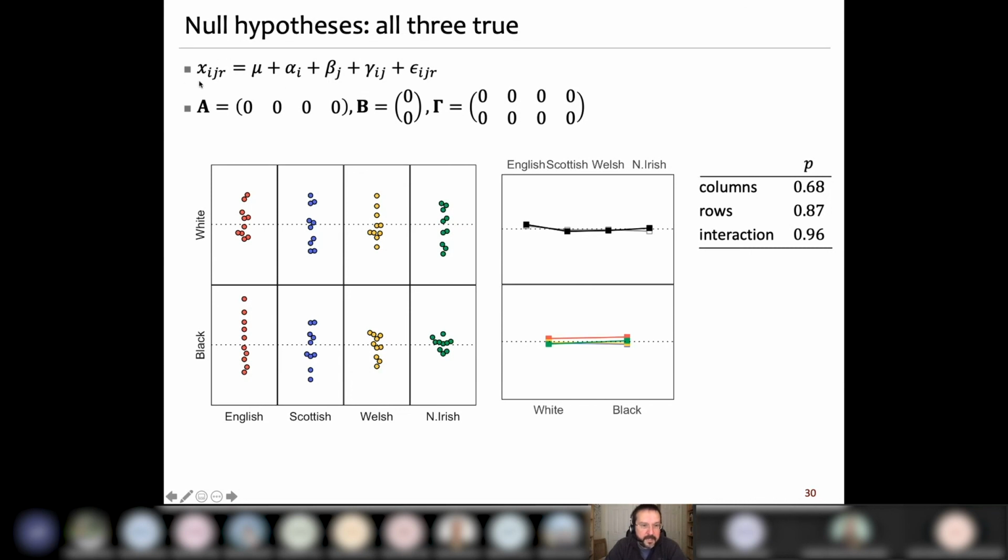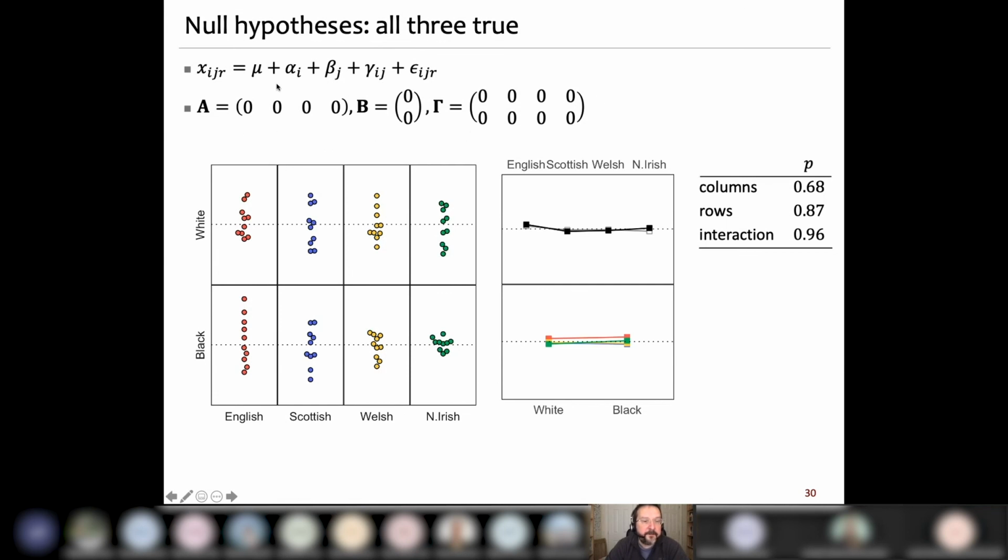The measurement is the sum of the ground mean, which is just a constant represented here by the horizontal dashed line. Then we add alpha, which is the column term, then the row term, the interaction term, and noise. Noise is a random variable. I use the random number generator in R, which is called rnorm, and all these are constants given here